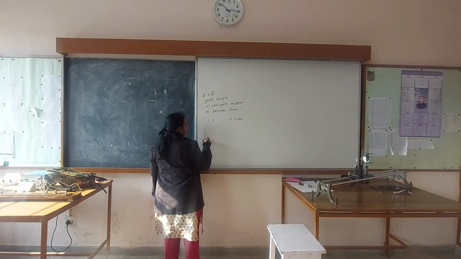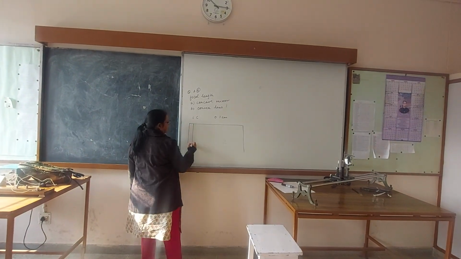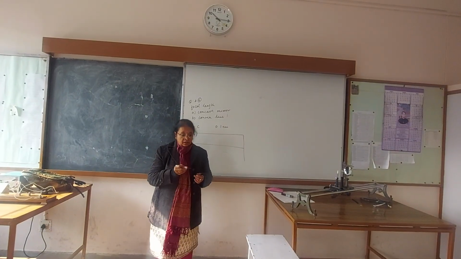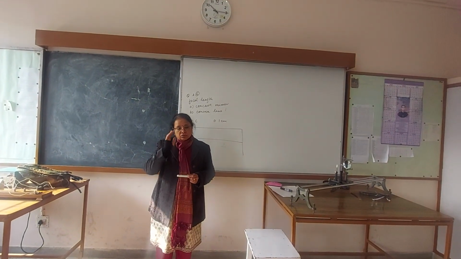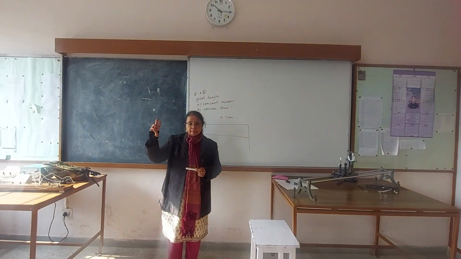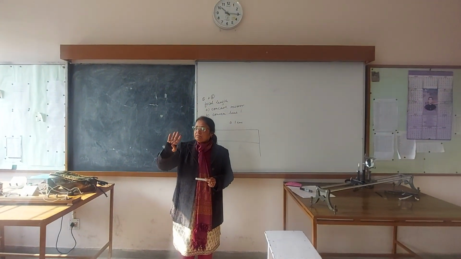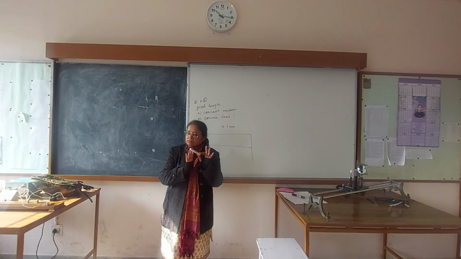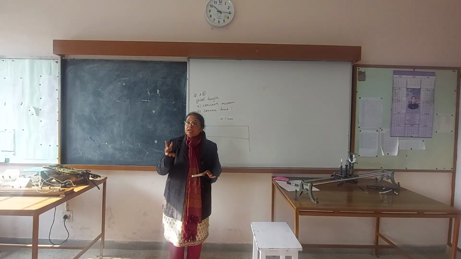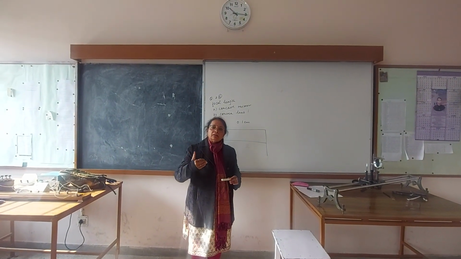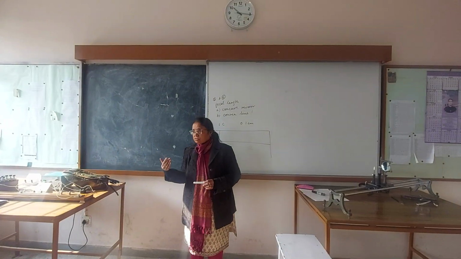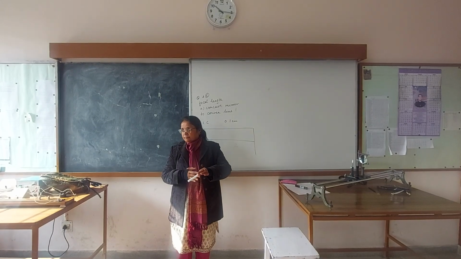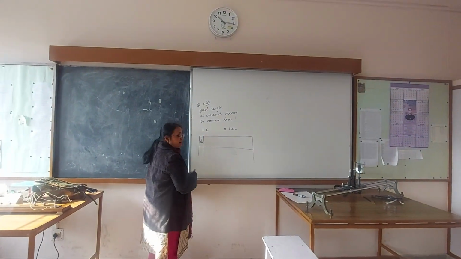Then the table. What is the table like? Serial number, how many readings? 7. And how many do you take actually? 4. So, first reading is rough focal length. Second reading is at C for concave mirror, 2F for convex lens, right? And once you get that reading, that's the starting reading for you. After that, you take 3 readings by moving the object either forward by 2 centimeter or backward by 2 centimeter. And then rotate the readings. So the 3 readings which you have taken, rotate. Clear to everybody? So that's why you will get 7 readings here.